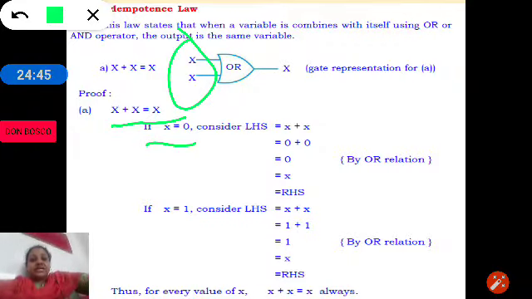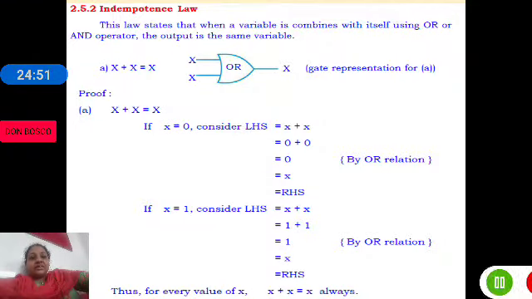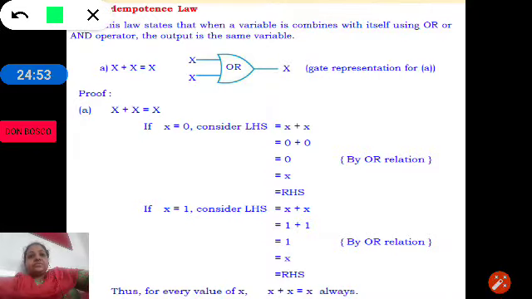First, let us take x as 0. So, x plus x, that is 0 plus 0. As we know, 0 plus 0 is 0. So, whatever may be the x value, the output is same as the x value.